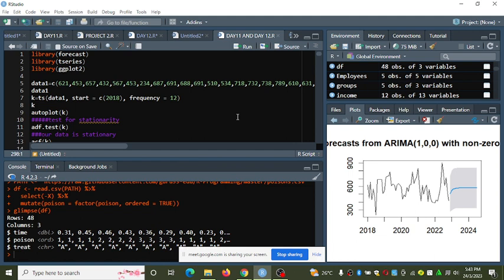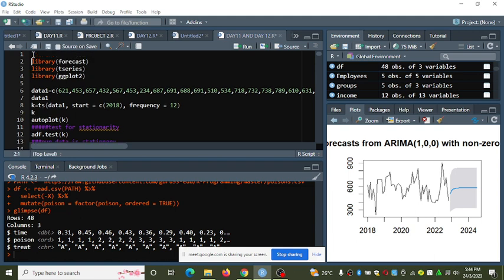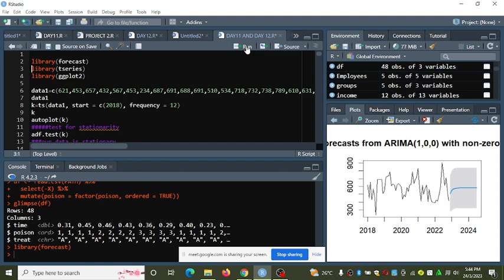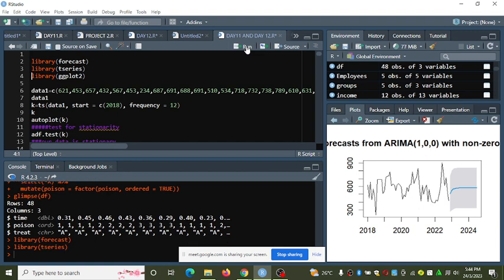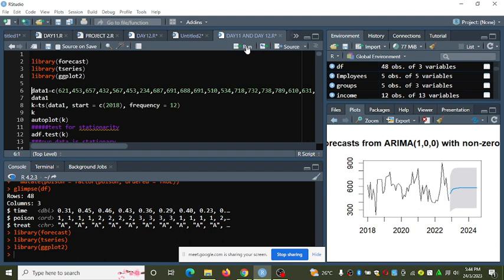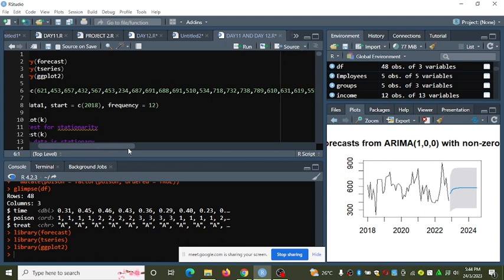So let's call these 3 packages. This is forecast, so you run this first. You run the tseries package and the library ggplot2 package. So from there we have a vector called data1, and data1 has these figures here.